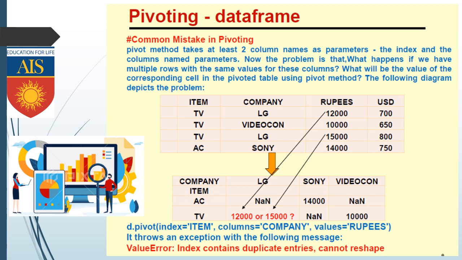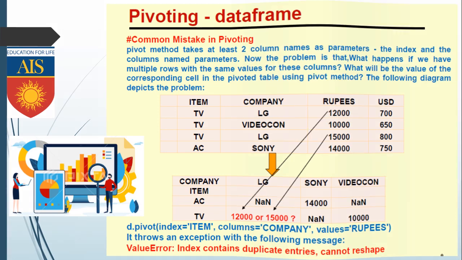That means the pivot is actually doing a reshape. If you want to reshape our table, we need to create a pivot. Now when we want to pivot on the basis of a particular field, it will create confusion if we have two different values at the same time. We can't decide which value will come first, so that's why it can create a problem for us.